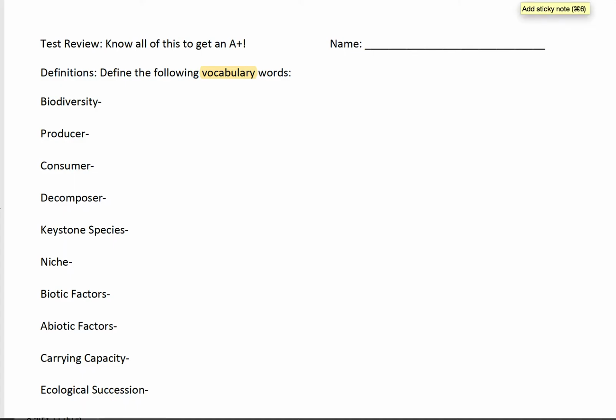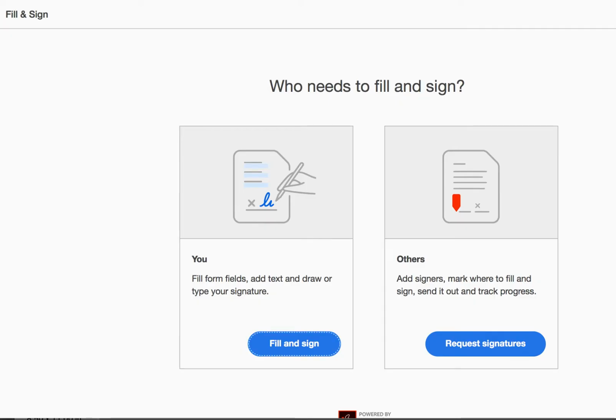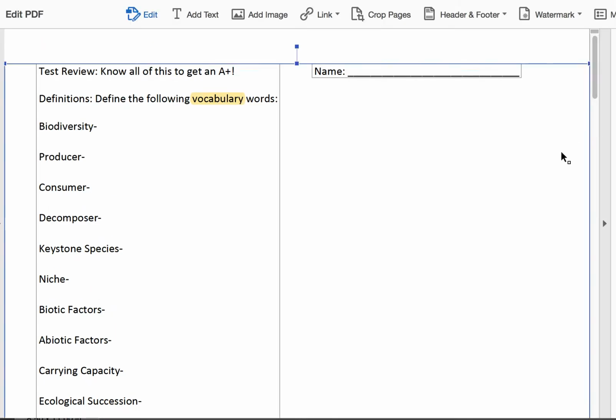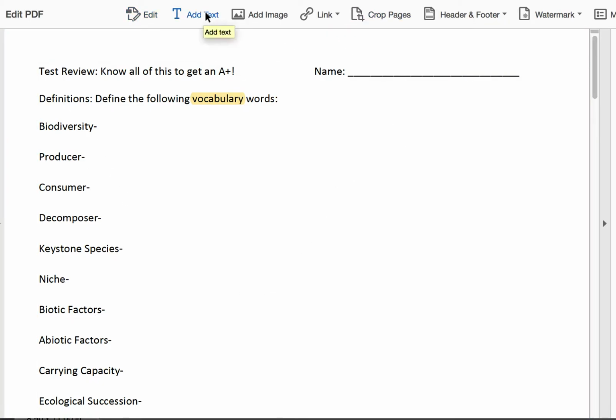All right, so let's see if I can use this correctly. Nope, go away. How do I do this? I think that's it. Okay, add text. There we go. All right, so